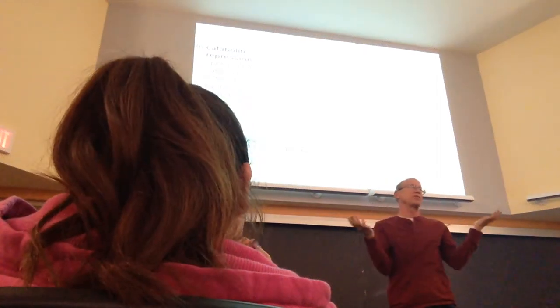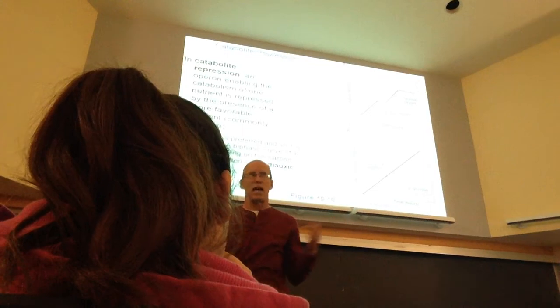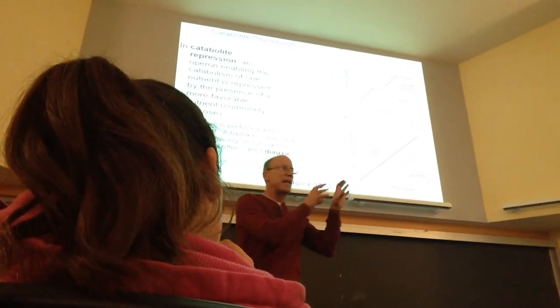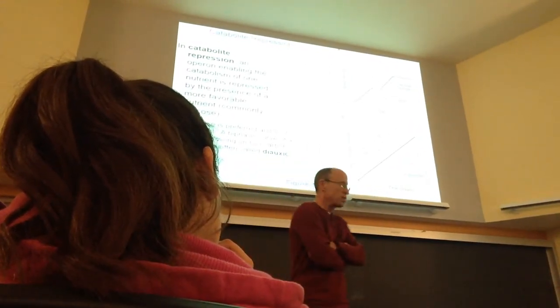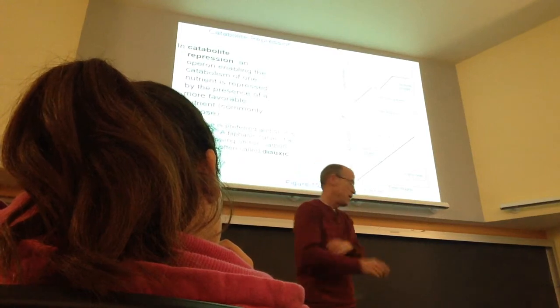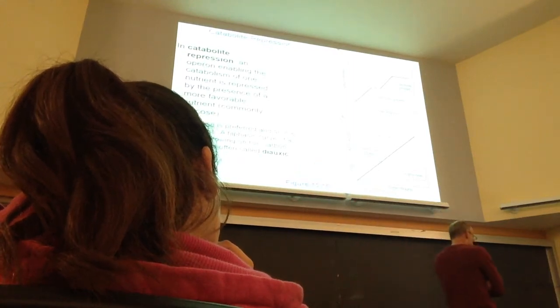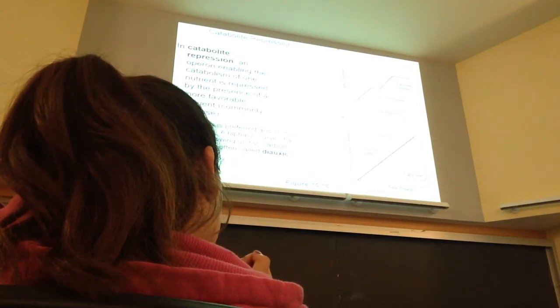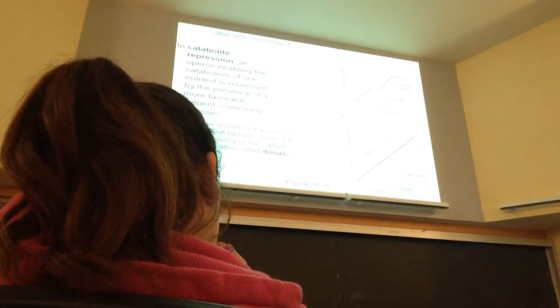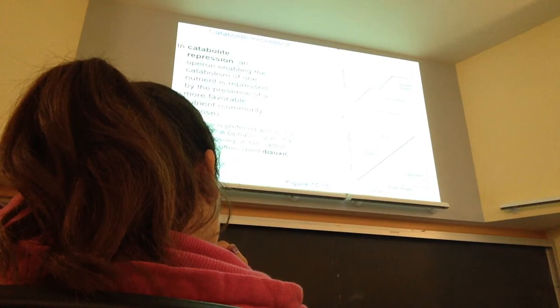Repression. Glucose is a catabolite, lactose is a catabolite. Anything that is metabolized, especially in catabolic reactions, is called a catabolite. So it's just a fancy name for a biomolecule. But the phenomenon of catabolite repression is when one nutrient, aka glucose,